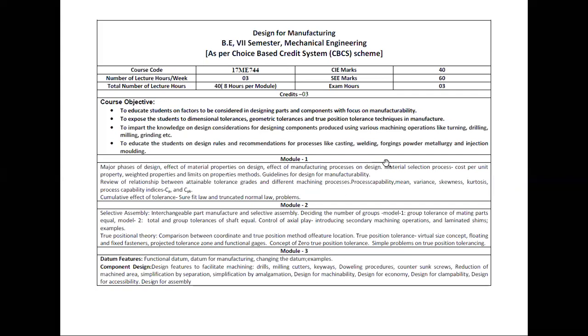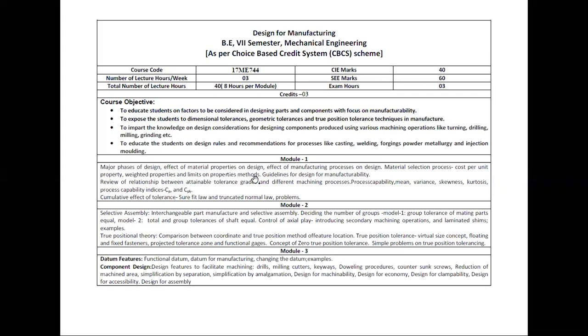The different machining processes, as you know, are the machining operations which can be done on lathe machines or any CNC machine. Similarly, we'll study process capability, mean, variance, skewness, and different process capabilities indicated by CP and CPK.